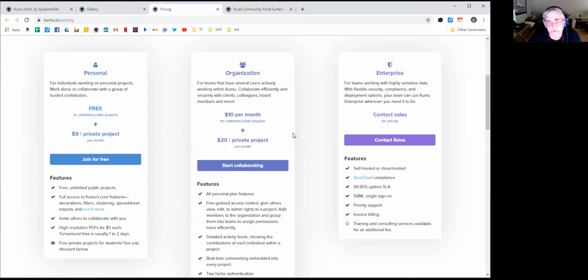And as I said, you can create all of the public projects that you want for free. If you want to create a private project, which only you have access to,